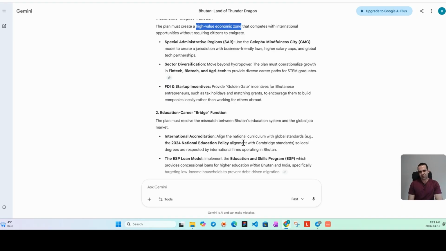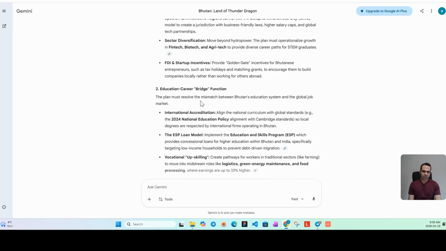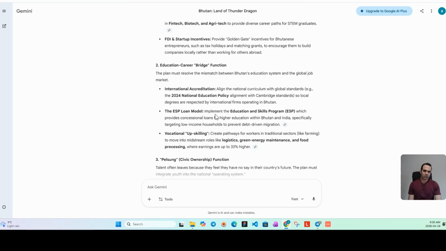Okay. But I think this is more about international experience, or I mean, not international education. Education career bridge function. So, high quality education career. The plan must resolve the mismatch between Bhutan's education system and the global job market. The ESP loan model implements the Education and Skills Program, ESP, which provides concessional loans for higher education within Bhutan and India, especially targeting low-income households to prevent